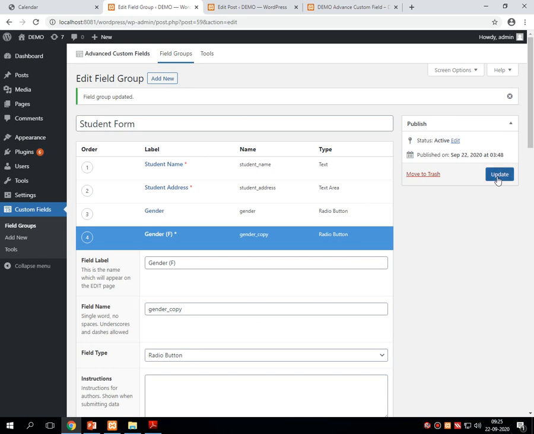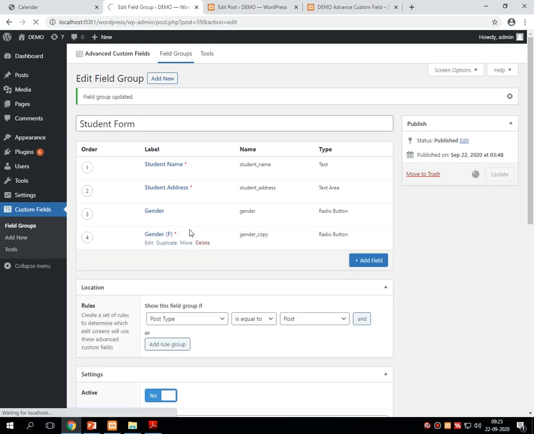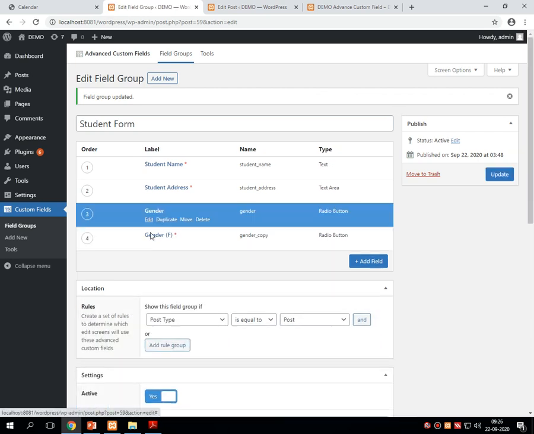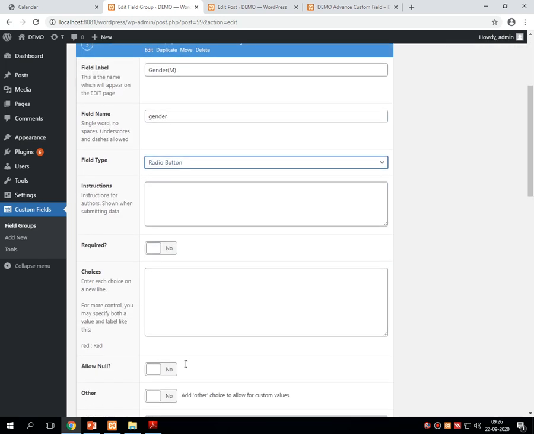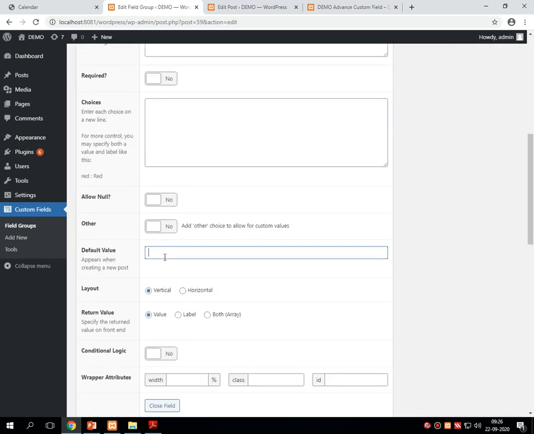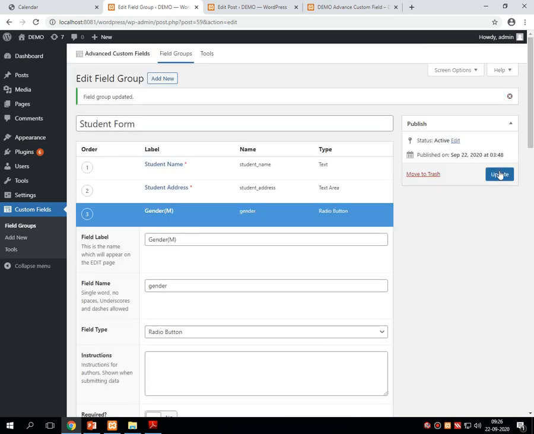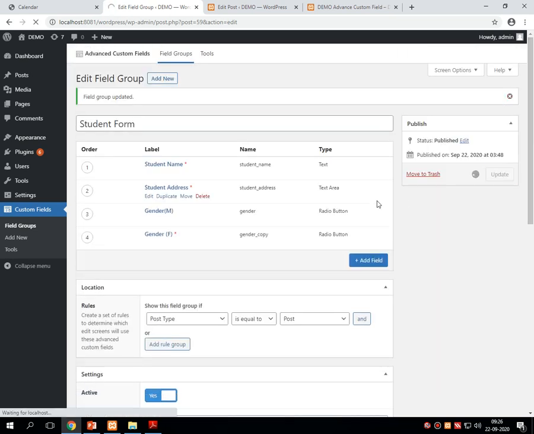Let me check by updating the things. Even I have to edit this male also. Gender, edit into the bracket M for male, then radio, then default value is male. Let me check it by updating the things.